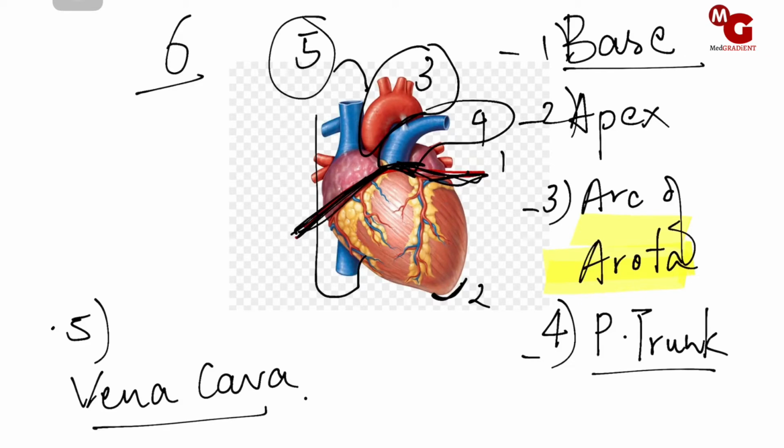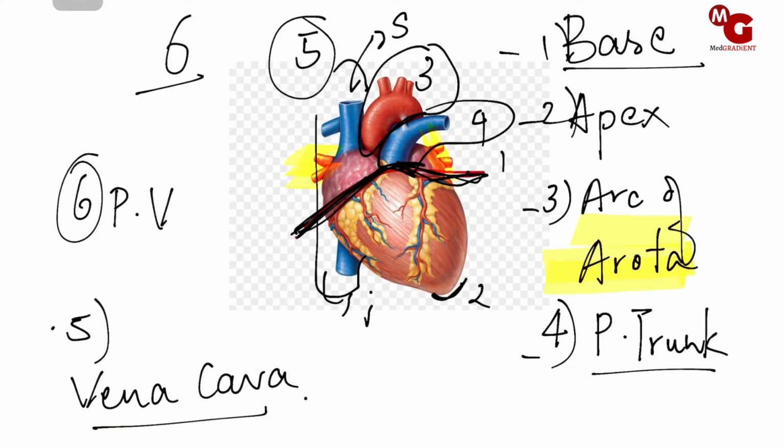right? And Vena Cava has a superior Vena Cava and an inferior Vena Cava. Now, when we speak about the 6th structure, they are very small. They are here and they are here. Any guesses? They are called pulmonary veins, right? Pulmonary veins carry oxygenated blood into the